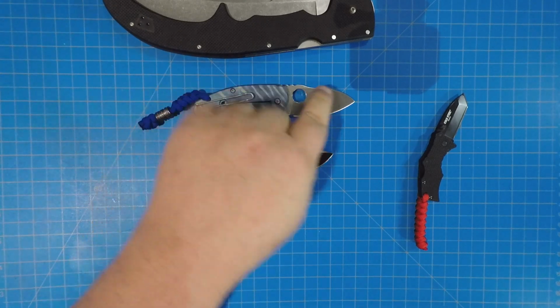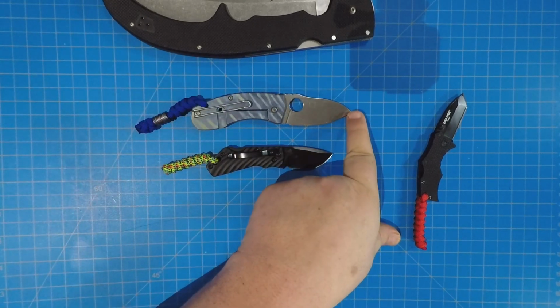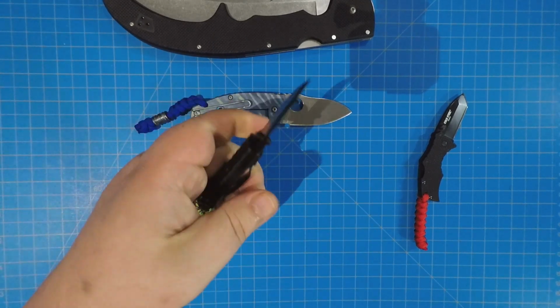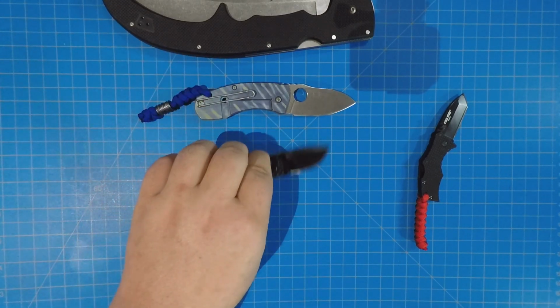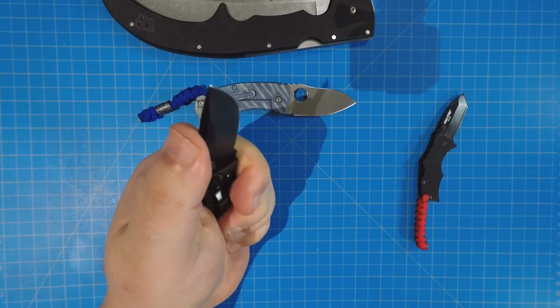I mean, I know the Shuffle is a little bit bigger. It's probably more in this blade shape or blade length. However, as far as just a pocket chunker, this feels more locked up. That spine whack would have closed up that Shuffle, and I've closed up Shuffles on a spine whack like that before. So if you're looking for something, free shipping from GearBest, on a slow boat,